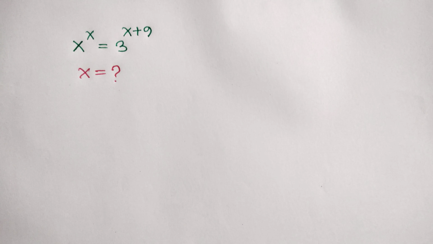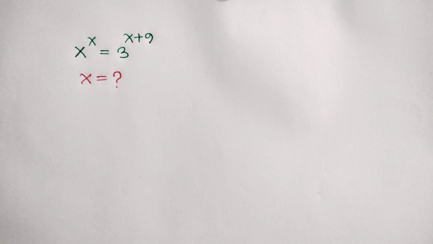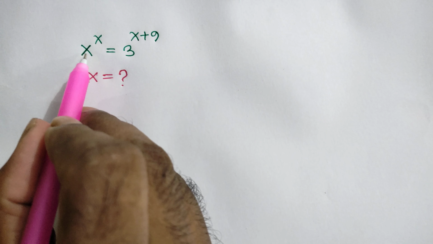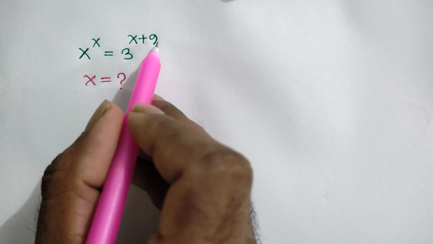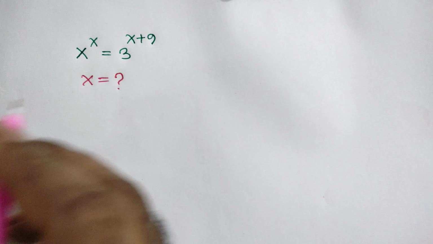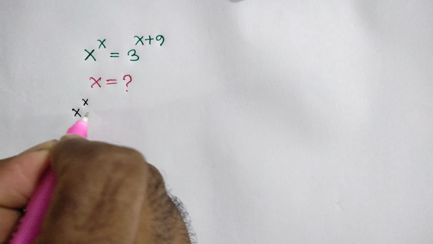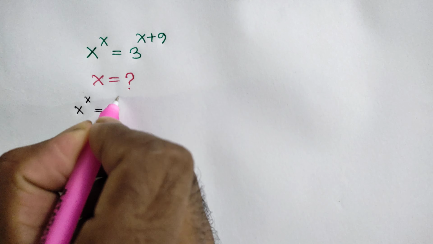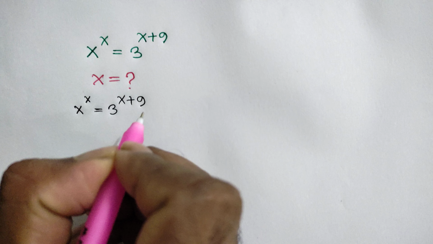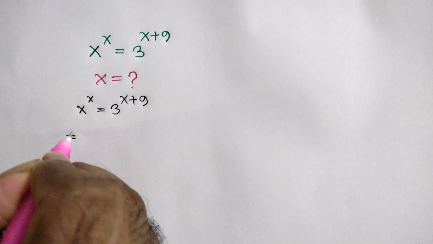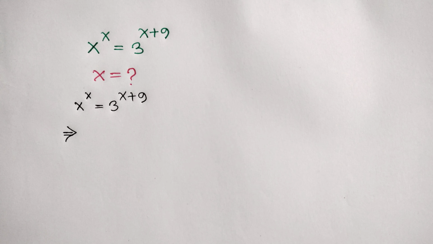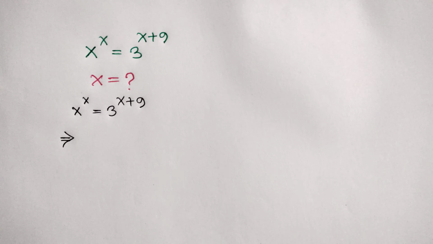Hi everyone, in this video I am going to show how to find the value of x where x to the power x is equal to 3 to the power x plus 9. Okay, the question has given x to the power x is equal to 3 to the power x plus 9. We know an exponential formula,